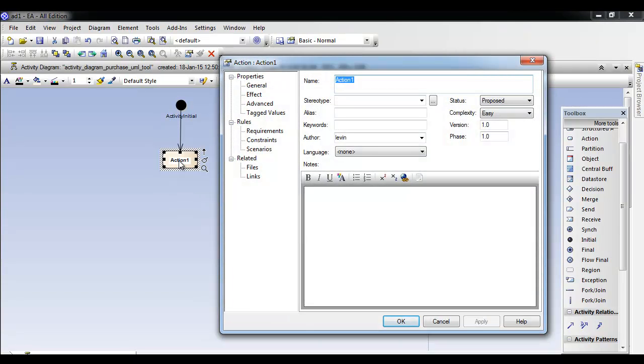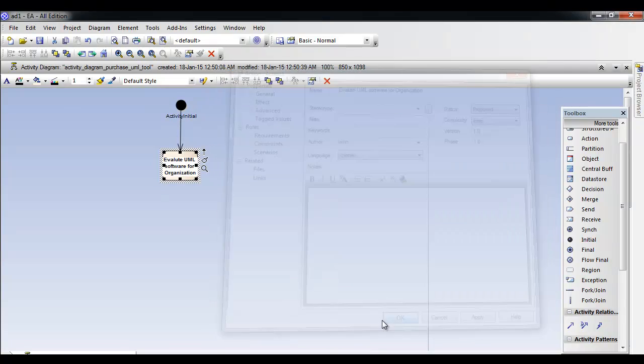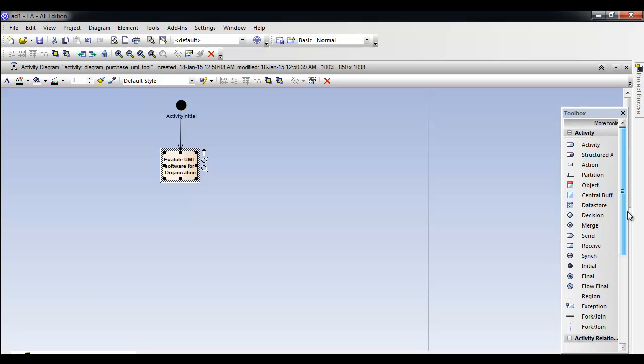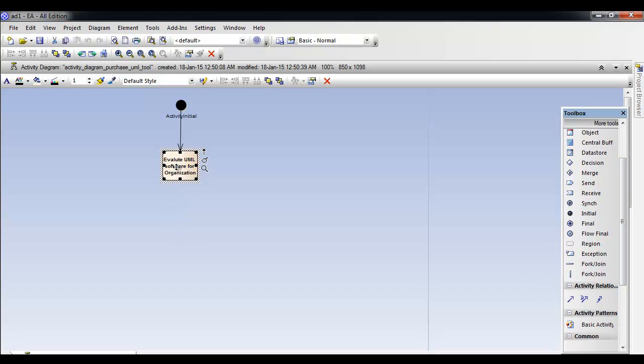And I can say evaluate UML software for purchase for organization. This is a very simple activity diagram, so do not expect too much from it, but it will clear the fundamentals. And let's say now that I have got the activity diagram, I have three software, but to evaluate that,